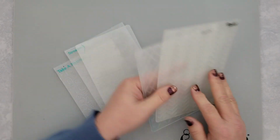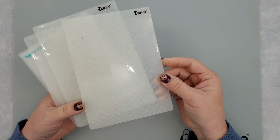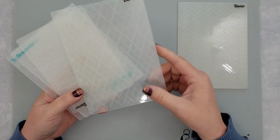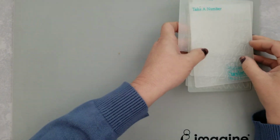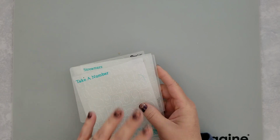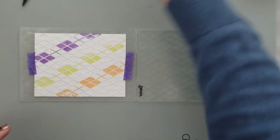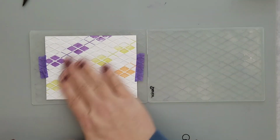Here I have 5 embossing folders. Now I won't be using all of these, but I did want to show you that you can use any folders you have on hand. Now I'll have a chevron pattern, a diamond pattern, and my favorite is this pattern made up of numbers randomly placed and sized. So to get started, I've done some masking and I masked off rows of diamonds on my